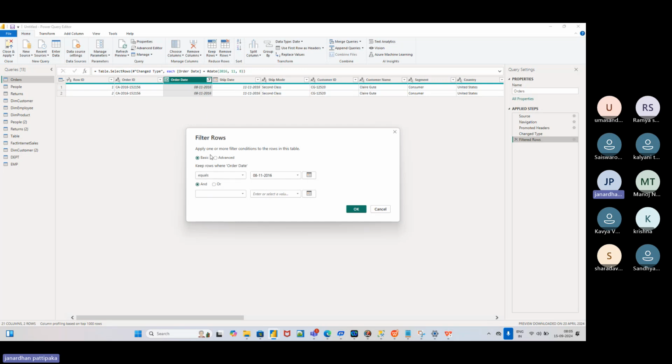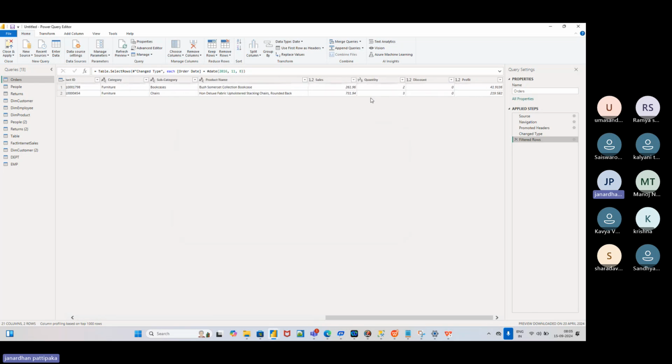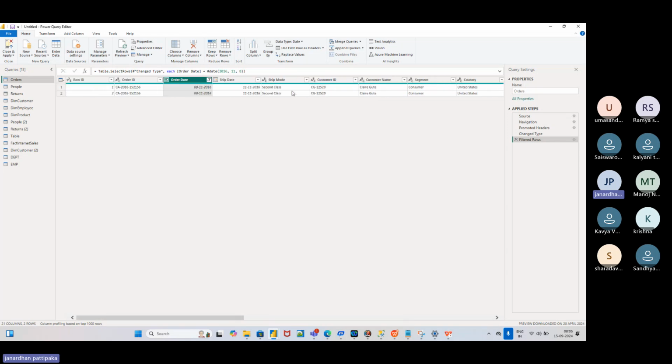So you click on equals, enter the date and click OK, and it will go back to the sales section. So how much sales it has generated. You go to the sales and see what is the day of the sales, how many products are sold. So in that condition, to look at the specific date, you use the equals function. Okay,